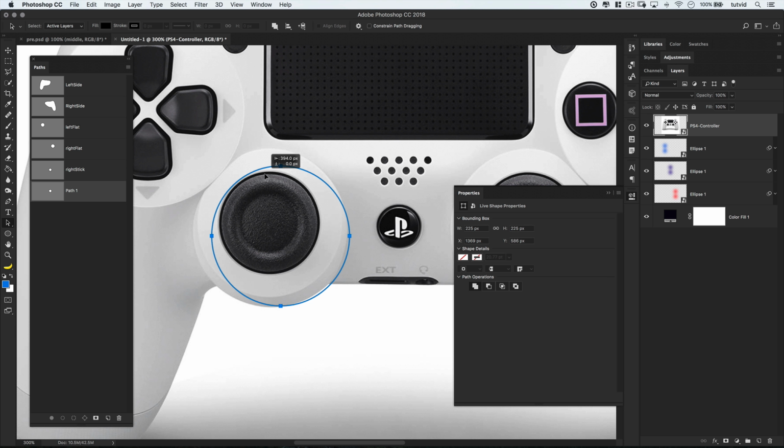Let's try that again. Drag it while holding Shift, right over, something kind of like that, and then let's name this left stick. There we go. And now to actually get what's going to become the stick in our little illustration, let's copy one of these